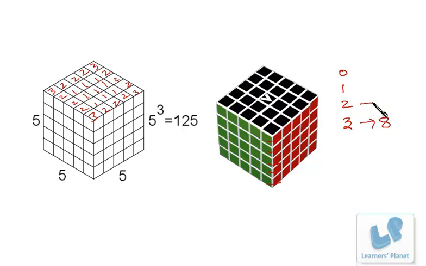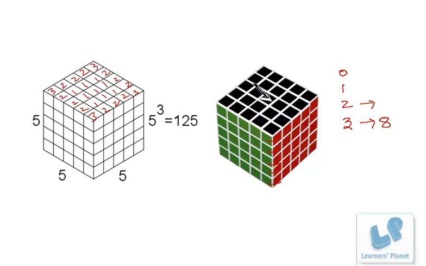Now, for 2 faces painted, you need to count the number of edges. The number of edges is also fixed in each and every cube. As I've already told you, there are 12 edges: 1, 2, 3, 4, 5, 6, 7, and the back side, and 4 at the bottom. So 12 edges are there, right? And on each edge, except the first and the last, all the pieces are colored on 2 faces. So in this case, 3. On this edge, 3 cubes have 2 faces colored.